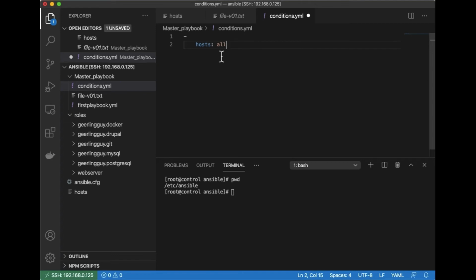So just below that, we need to provide the task information. So just after I press under the task, you can see this has taken me just below the tasks, and this has put me under the child of this. So just after this, we need to start the task with a hyphen sign. Always remember, if you want to write some sort of task, it should start with a hyphen sign. Just after the hyphen sign, we have given one more space, and we are trying to provide the name to our task,